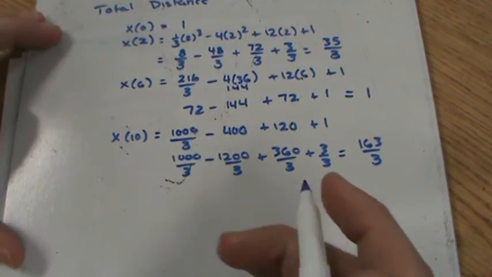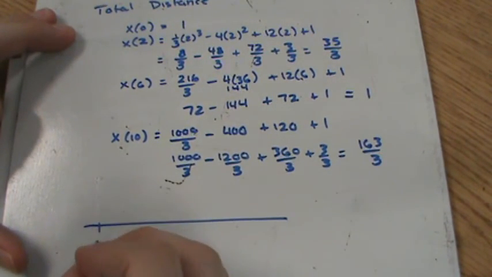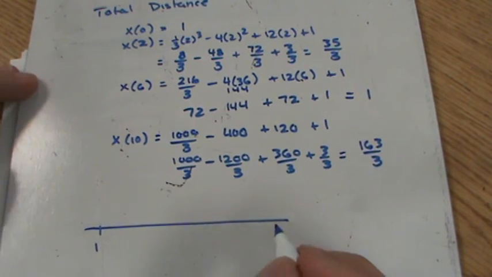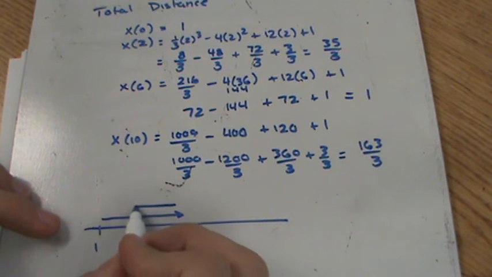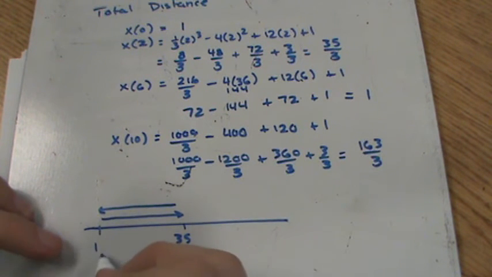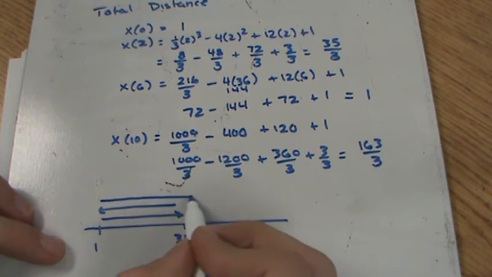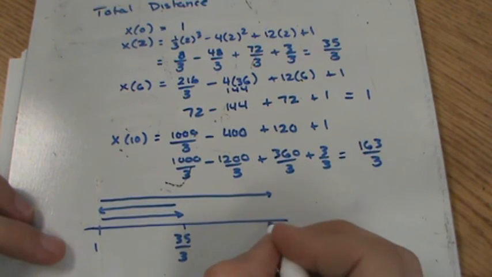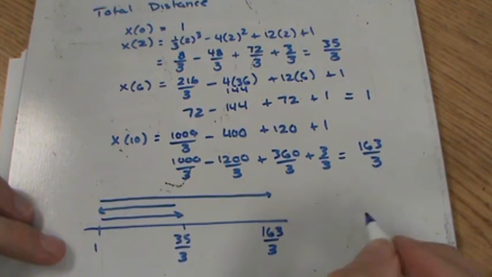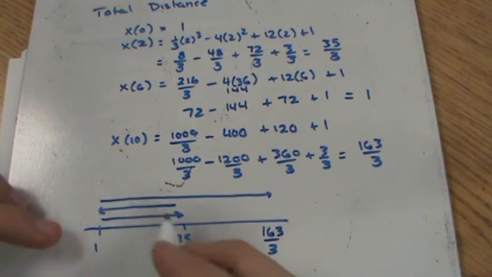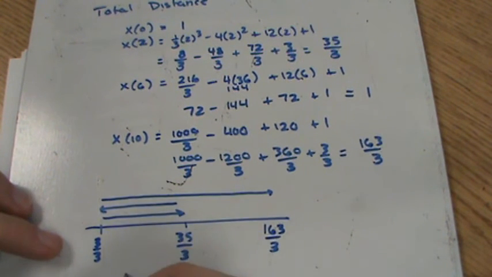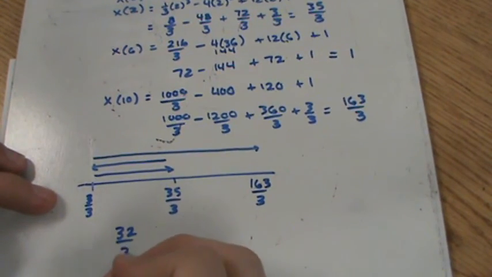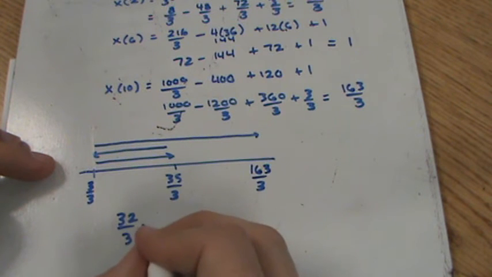Total distance. So if we think about it, it started here when time was 0, it started at 1. It moved to the right until it got to 35 over 3. Then it moved back to the left until it got back to 1. And then went back to the right until a time of 10, which it made it to 163 over 3. So we have 3 different distances we got to count. 1 to 35 over 3, which if we make this a 3 over 3, that would be 32 over 3. Another 32 over 3,